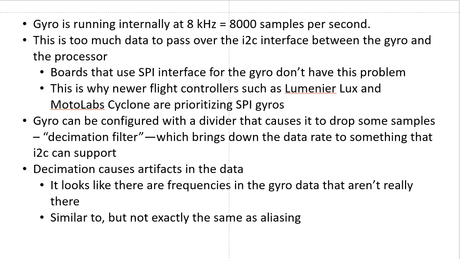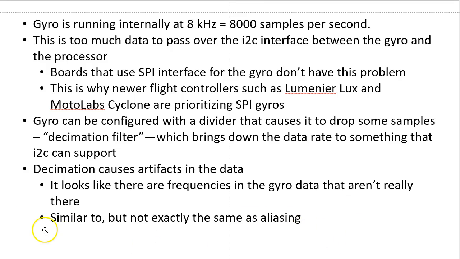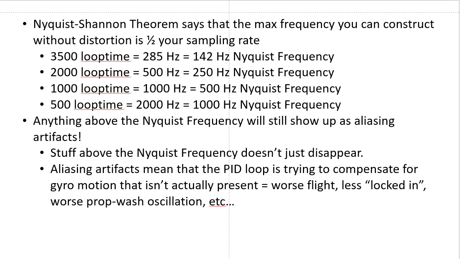Okay, and so this would manifest perhaps as twitches in the copter or any kind of unintended motion, depending on the nature of those frequencies. Decimation artifacts are similar to, but not exactly the same as aliasing, but similar in the way that they create artifacts. Now let's go back to our old friend Nyquist-Shannon, the Nyquist-Shannon theorem, which I will remind you,